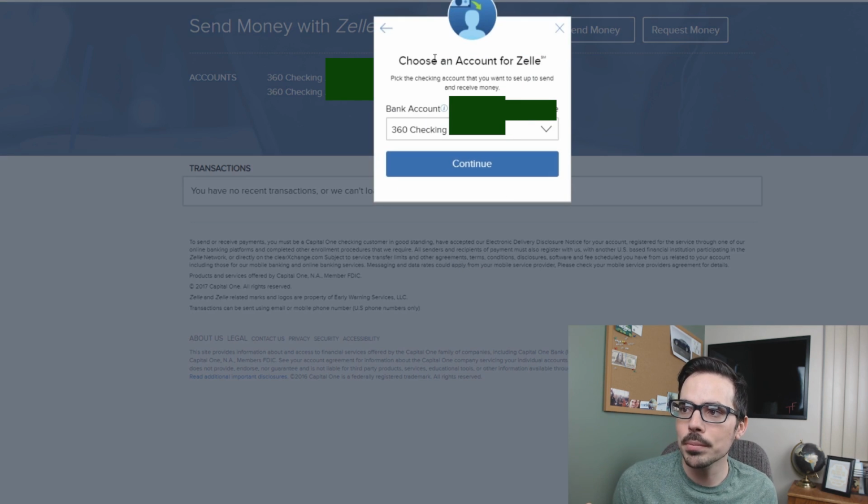Then it's going to pop up this thing right over here, where it's going to ask which account you want Zelle to pull money from and send money into. If you have multiple accounts like we do, you want to make sure it goes to the one that will fit you best. For us, we have a checking account that has a lot of our money being pulled out for small little things here and there like gas, groceries, and all those. The other one is our actual bill pay account, which is strictly things that have a monthly bill. So we're going to go ahead and choose that account. Make sure you choose which one works best for you.